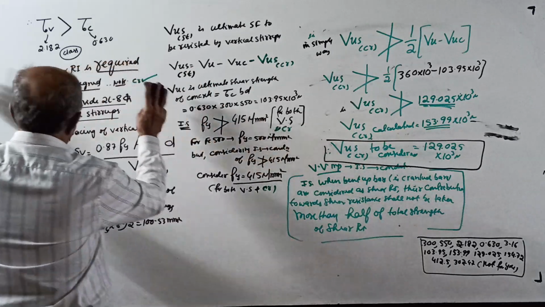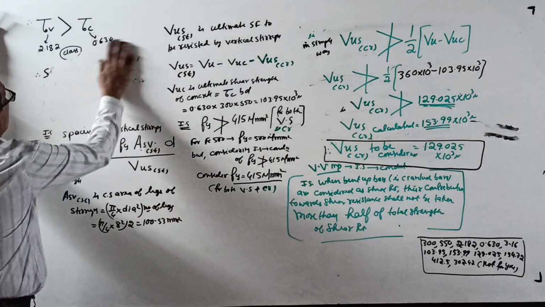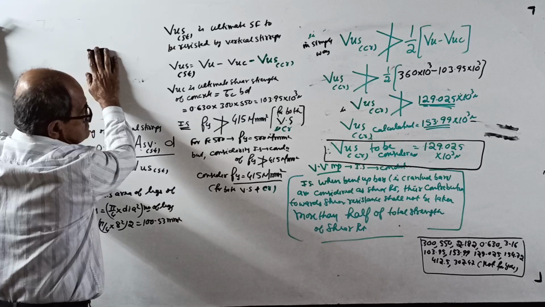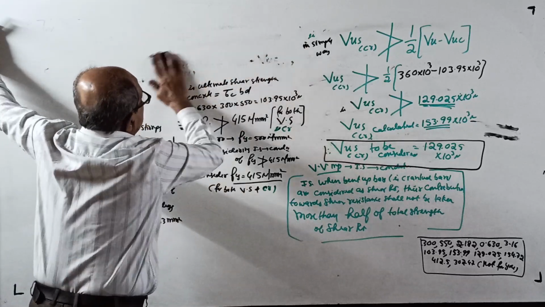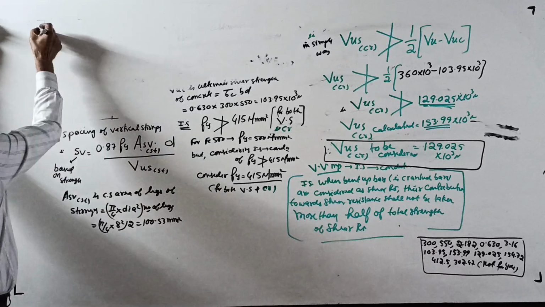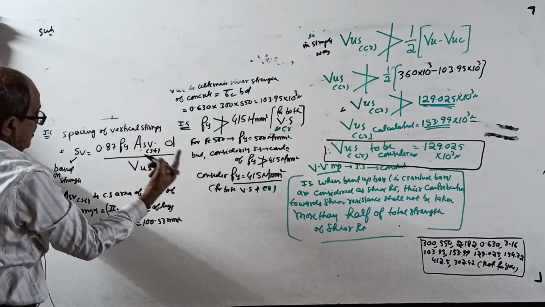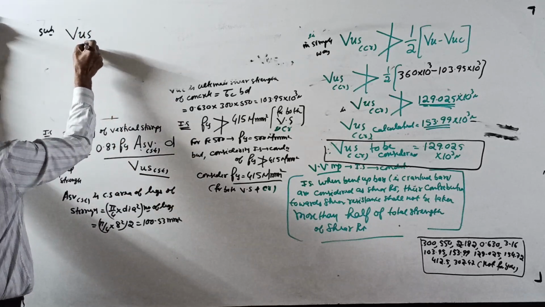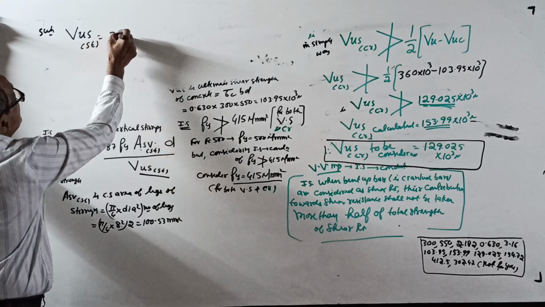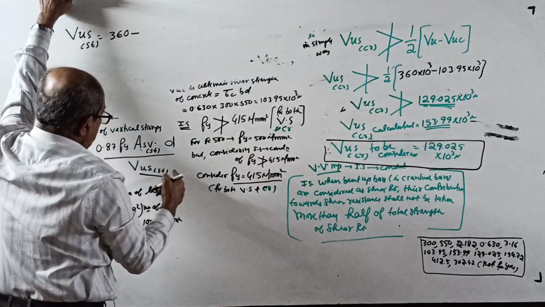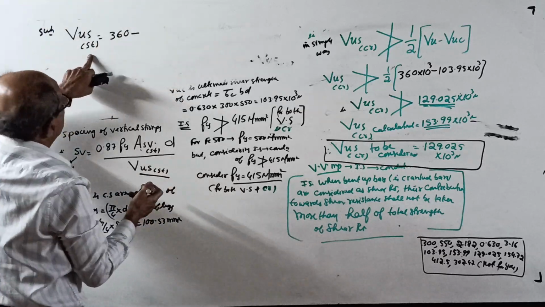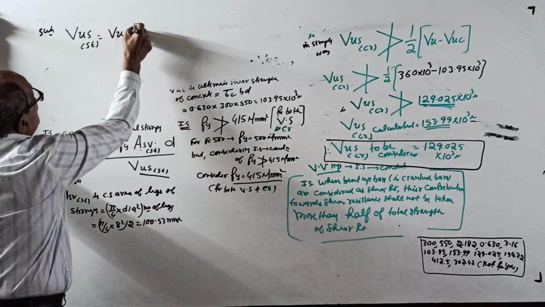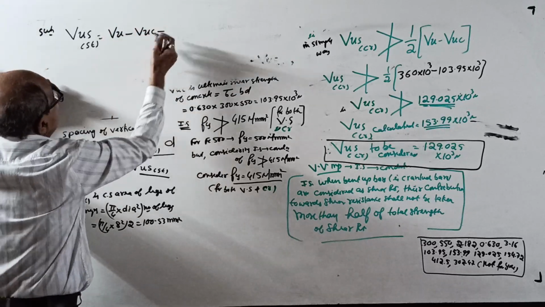Okay, now everything is over. I will write here now. Everything is over. Nothing required now. Substituting. What do we actually want now? VUSST, VUS stirrup, equal to 360 10 to the power 3 minus VUC. Somewhere I wrote the formula here. VUSST equal to VU minus VUC minus